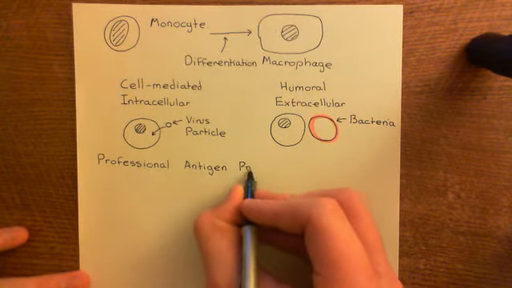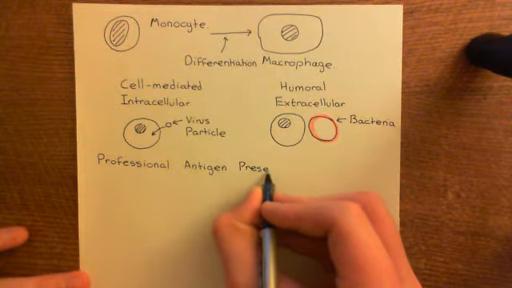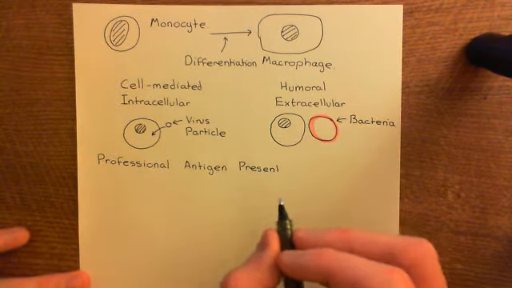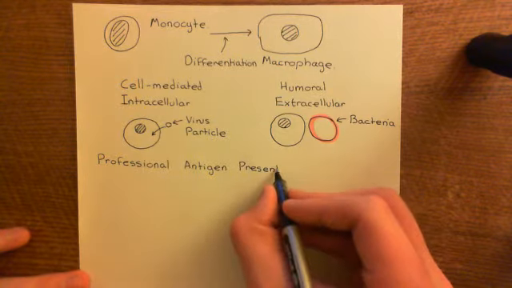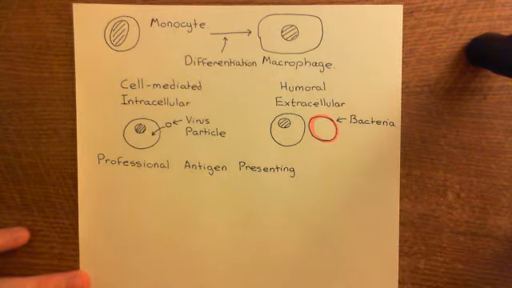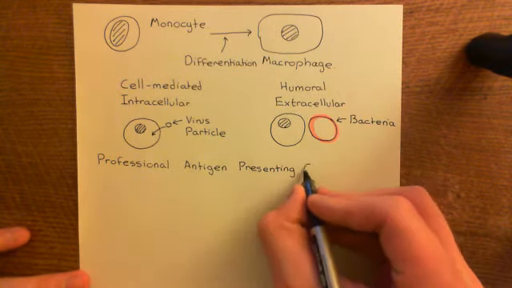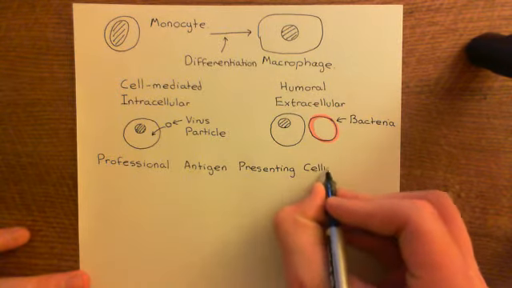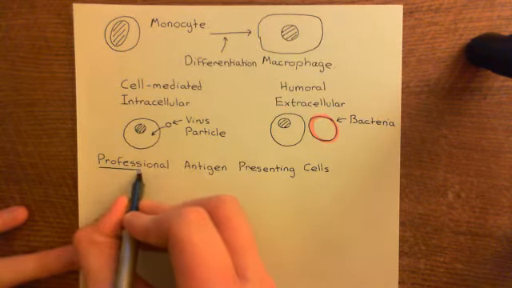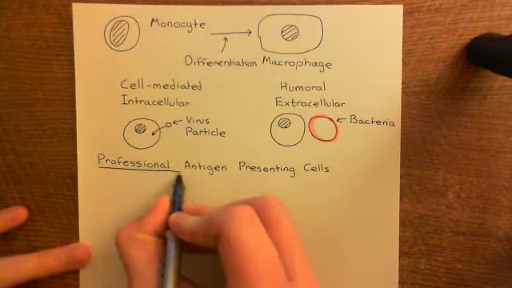The main type is the dendritic cell, and then to a lower extent there are macrophages. As we'll see later, B cells are also professional antigen presenting cells. But we'll start off with the dendritic cells and the macrophages, because they're usually what are going to initiate the